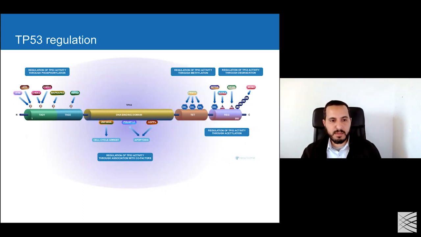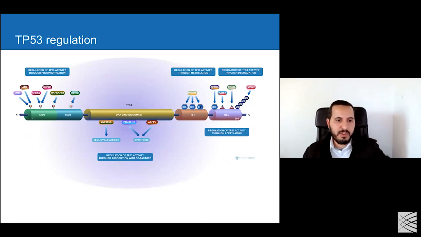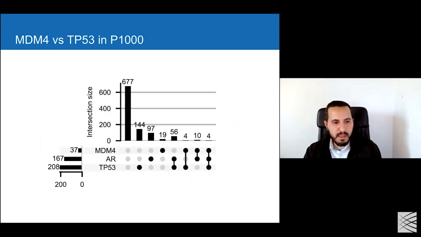through many ways, probably by mutating the coding region of TP53, or through epigenetic processes like methylation or phosphorylation. Or you can do this by increasing the activity of MDM2 or MDM4, which are known to be negative regulators of TP53. So you have many options, and it seems that the option through MDM4 is something that cancer cells are doing. So when we inspected the